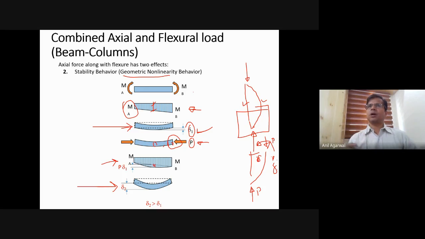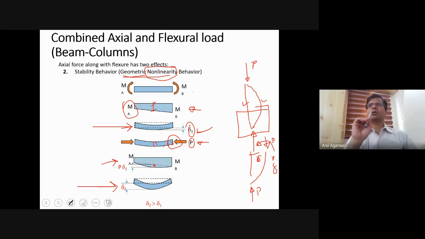And because of delta 2, again the moments will increase and the new deflection will be, let's say, even larger. So basically it becomes an iterative procedure. If you want to do it numerically, then you have to do it in iterations until you find a convergence point. Okay, so that's why this is called geometric non-linearity. It is called non-linearity because as you keep increasing your P value,